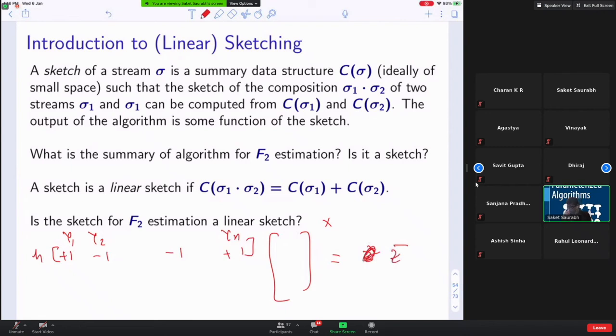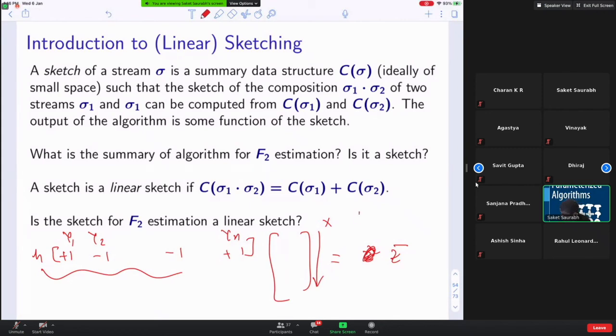What are you storing of z bar? Given this x, it's basically a dot product of this hash function with this vector x. Is that correct? This is what you're storing as your z. Do you agree? Yes, sir. So at any point of time, this is precisely what is happening here.